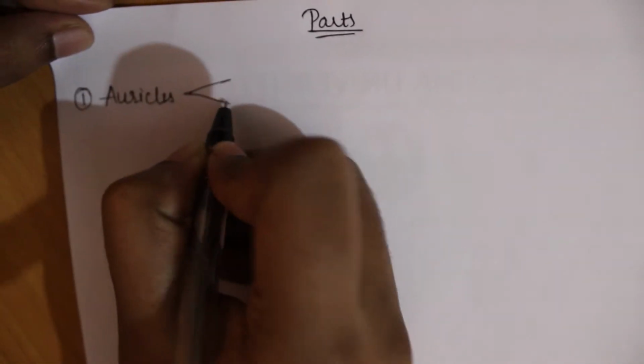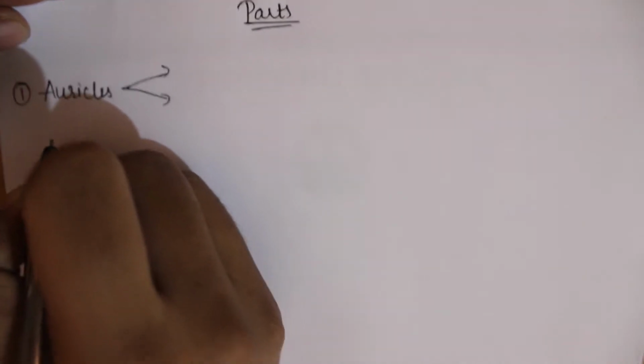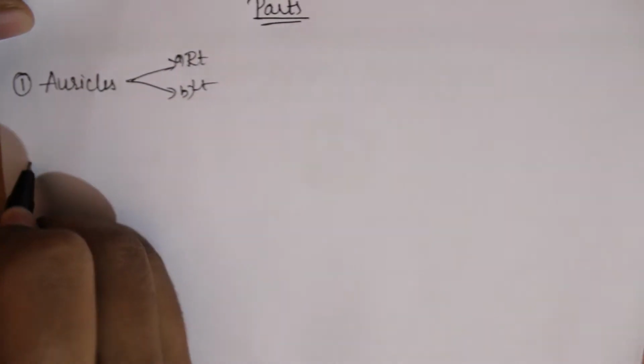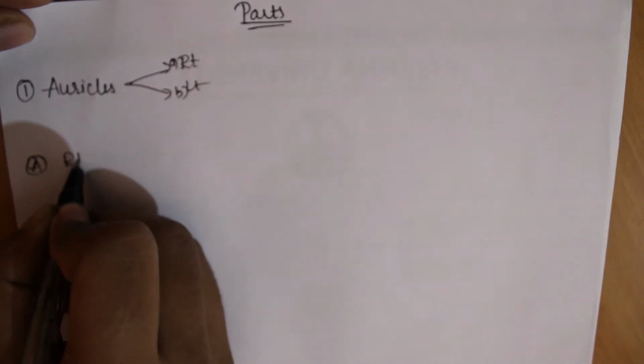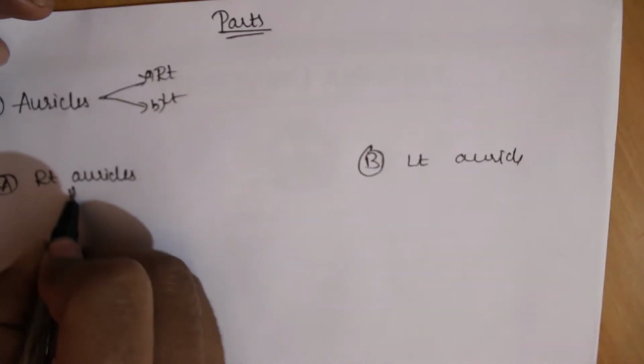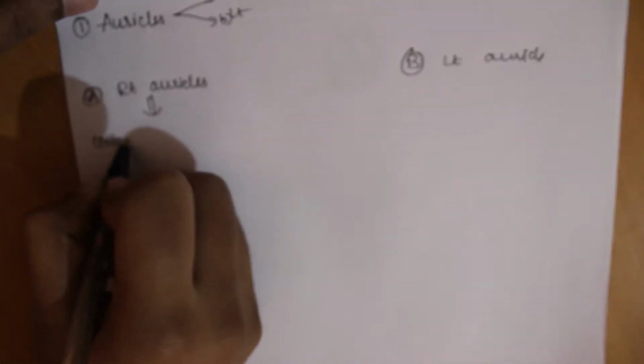I already explained how auricles are divided, but in this video I am explaining it clearly: auricles are divided into right and left. That is right and left. First is the right auricle, and the second one is the left auricle. What is the main function of the auricles? It collects the deoxygenated blood